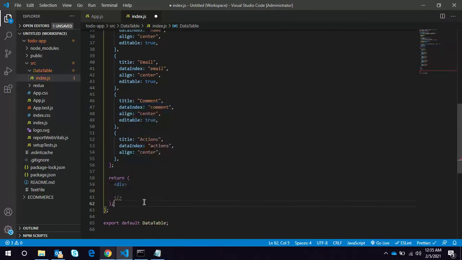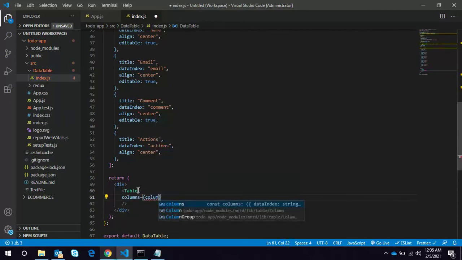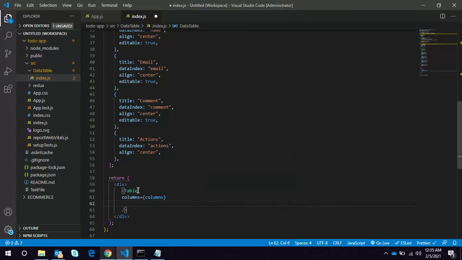Evaluate dev. We have to pass a couple of props like columns. So columns, this one, and data source. Data source will be the modified data because we have modified the key value as well as attached one key property.